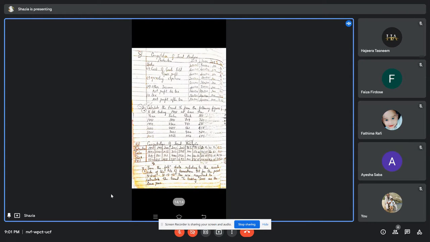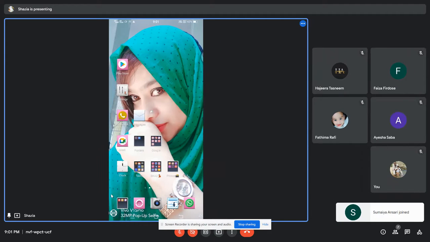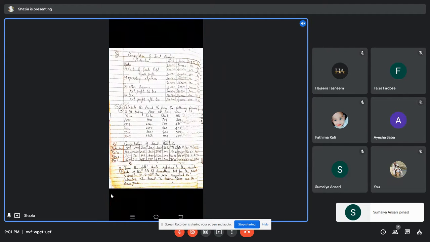Then I think balance sheet का एक problem है. I thought I'll give you all. Yeah, balance sheet का भी है, similar है. I will forward you in the group. Okay, let me just forward it.